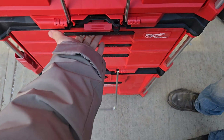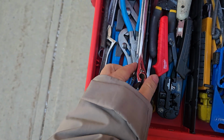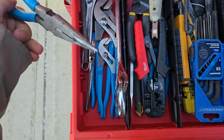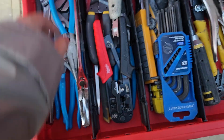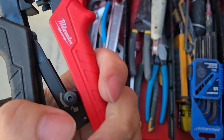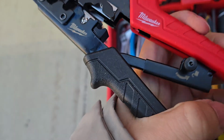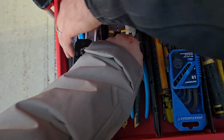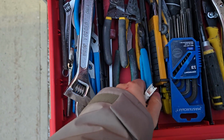And the next drawer, we have some wrenches. So we got a wrench, a smaller wrench. These are all adjustable. Needle nose pliers. We've got, it doesn't really belong there, but I kind of ran out of room, 3 sets of channel locks. And here we've got, since when does Milwaukee make a Cat 6 crimper? That's crazy. I did not know they made one. And then we've got a Bix punch down tool, and then